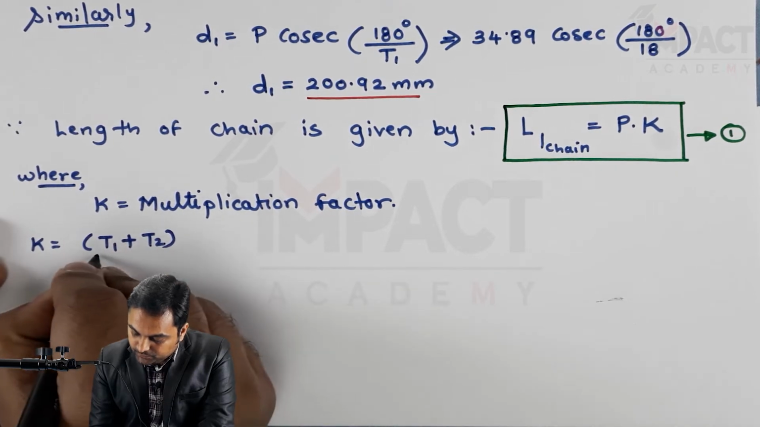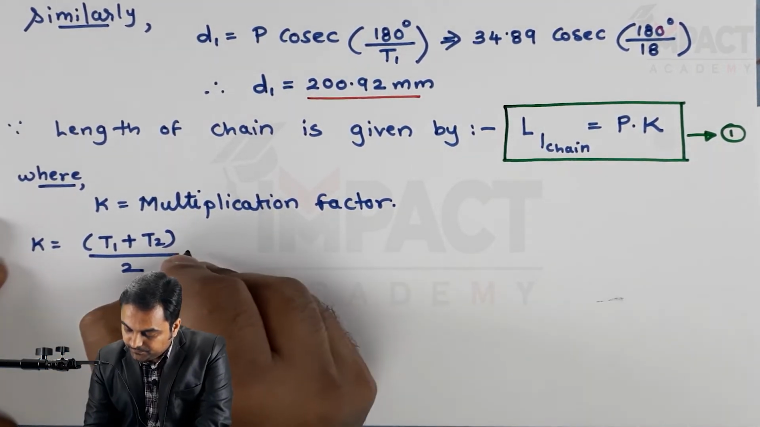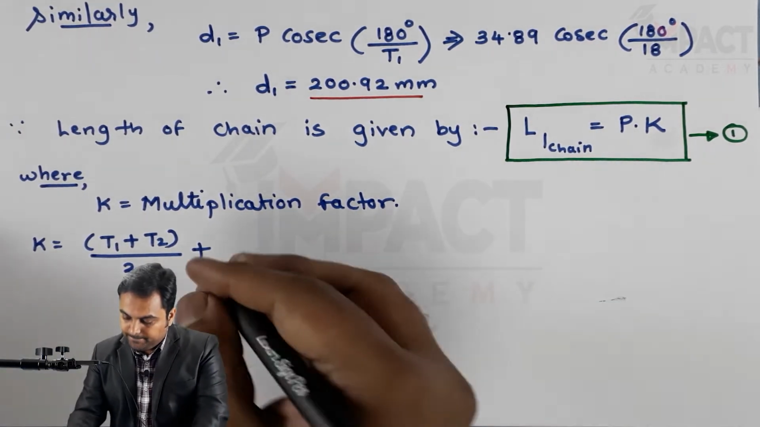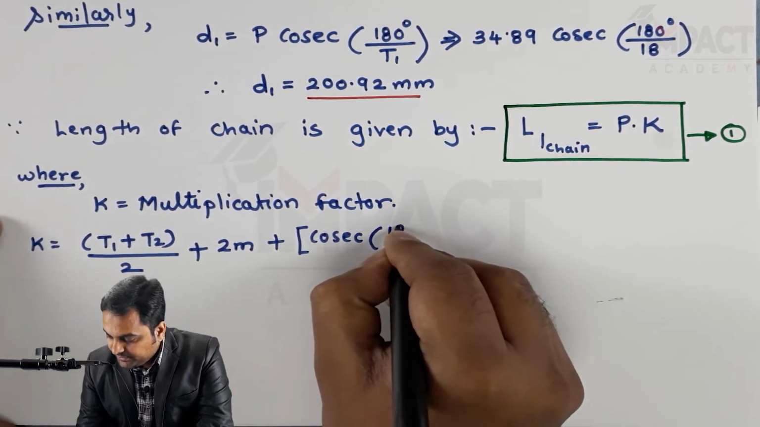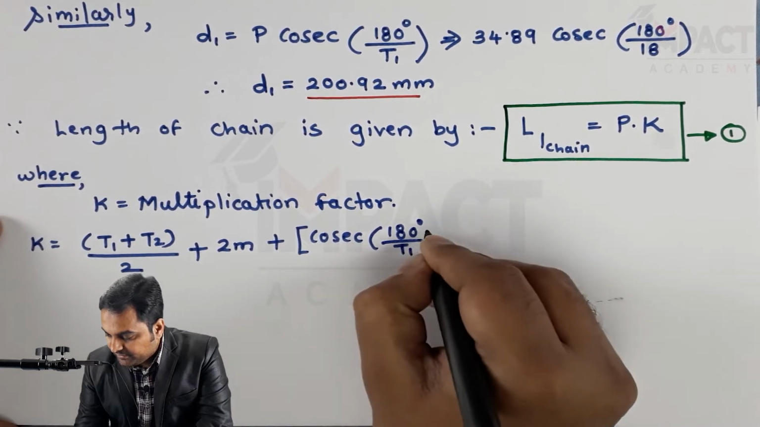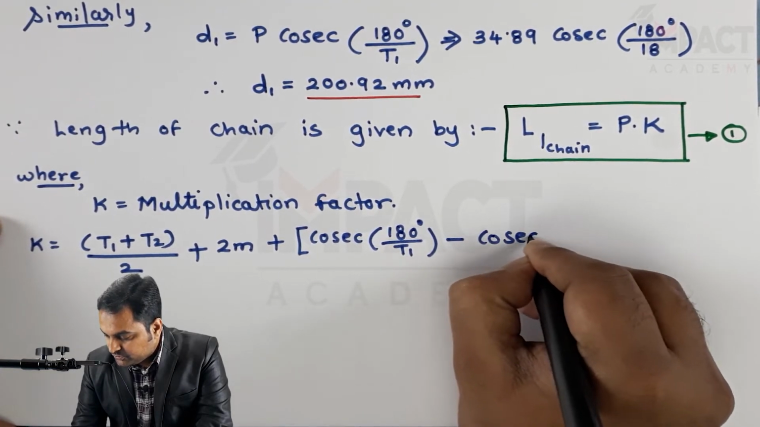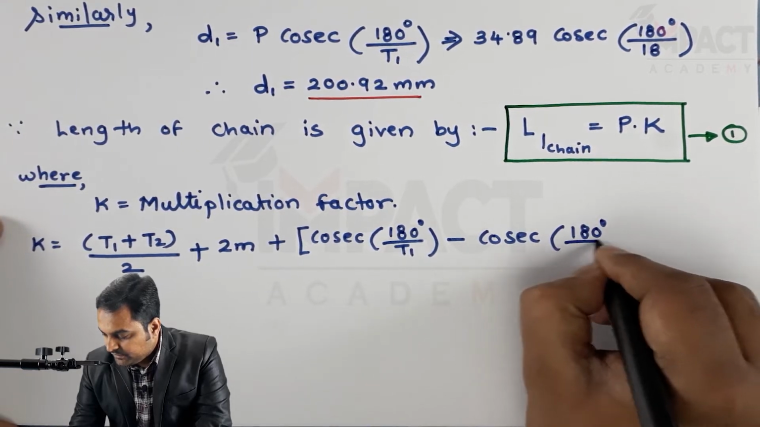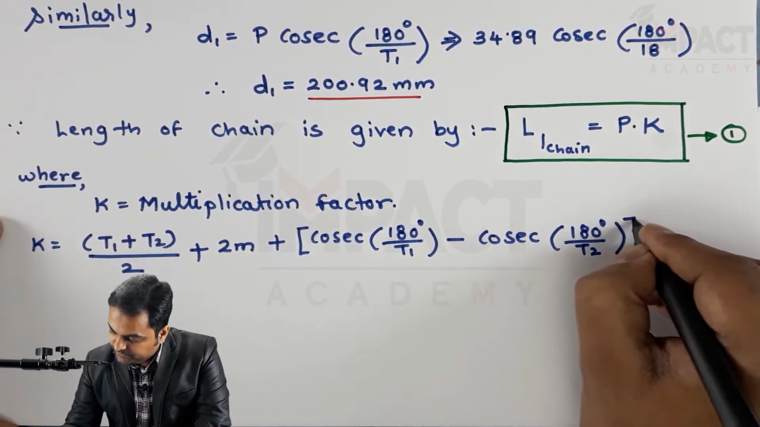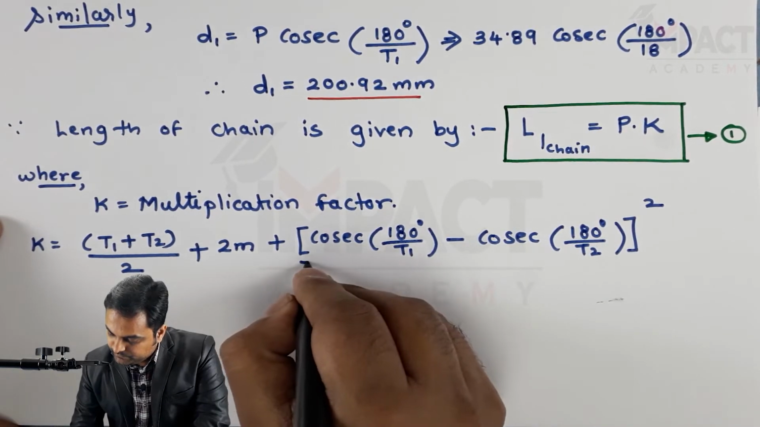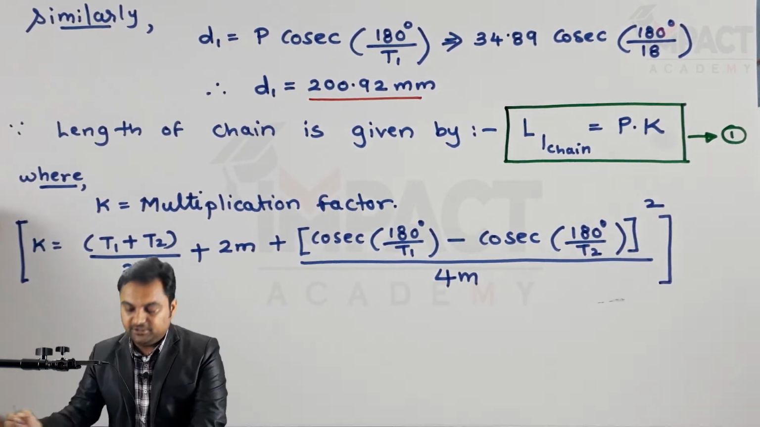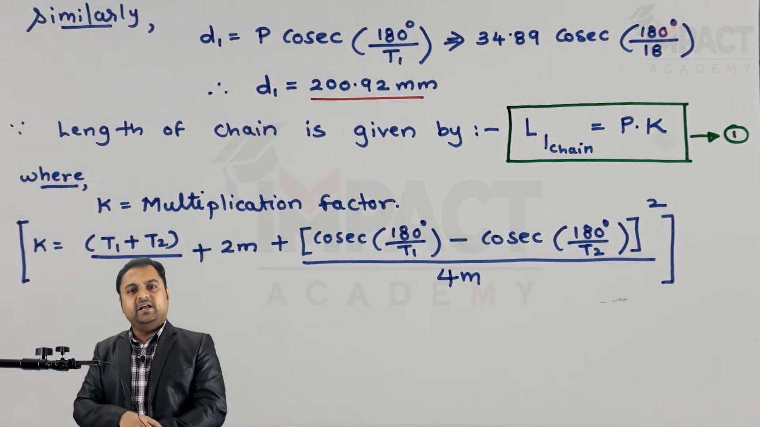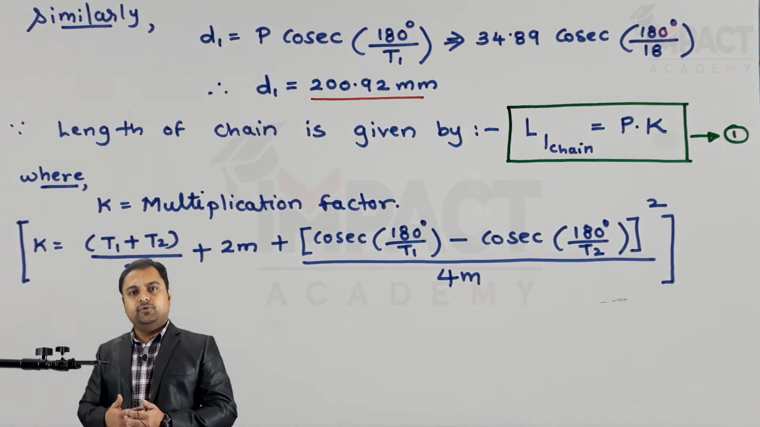K is equal to (T1 plus T2) divided by 2, plus 2m, plus (cosec 180 degree divided by T1, that is for the driving sprocket, minus cosec 180 degree divided by T2 for the driven sprocket) whole square, divided by 4m. So this is the formula for the multiplication factor, and how we have arrived at this formula, you all can refer to the previous videos where I have derived the expression for the length of chain